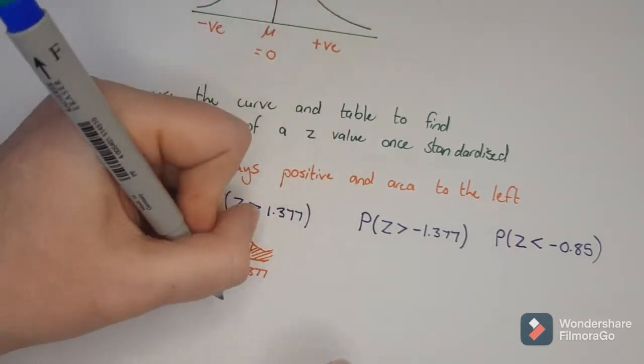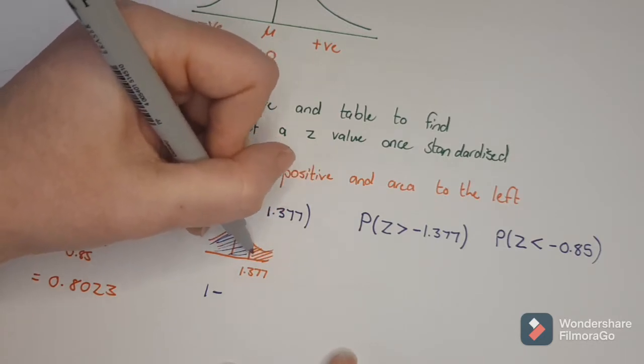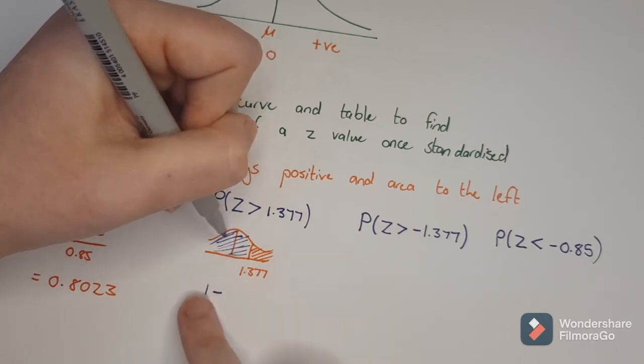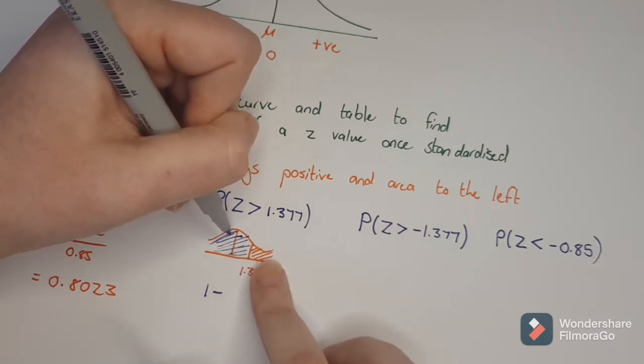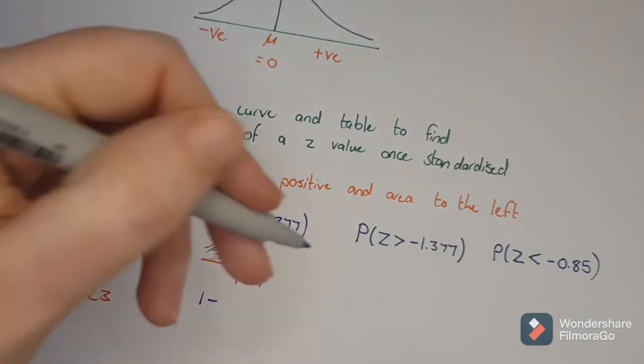So I can say 1 minus my value that I have for that, because I will then get this value. And if I say take that away from 1, what I'm left with is just the area that I want. So I say 1 minus my